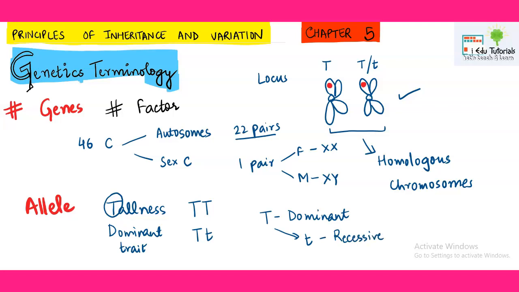Dominant means the one that will be able to express. Suppose you have a fight with the wrestler Khali. Who has the better probability to win? Of course Khali, because he has more strength. Similarly, when dominant and recessive alleles like capital T and small t are there, this small t never expresses. It can only express itself when the same allele is there. Right? This is very, very important, that the tallness could be due to two alleles. It could be capital T, or it could be small t.